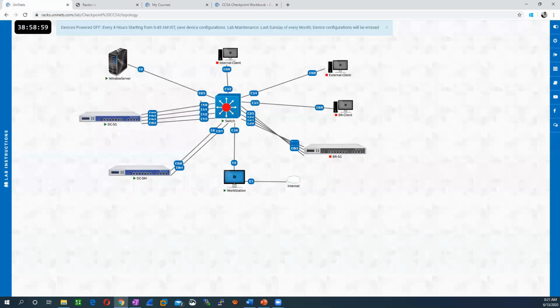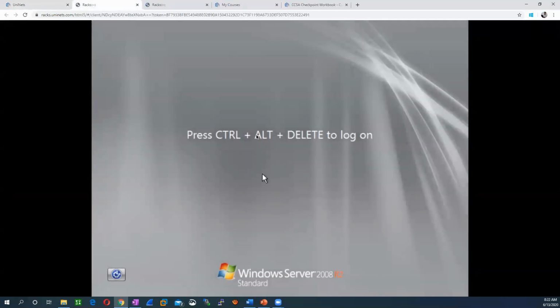So how can you access the web console? You have two devices: this is the workstation and this is the server. If you want to use a jump server, from the jump server you can access this device, but you need to make sure that this device is reachable from the server. We need to assign the IP of the workstation or the server in the same range. So let's come to the Windows server and let me log in here.